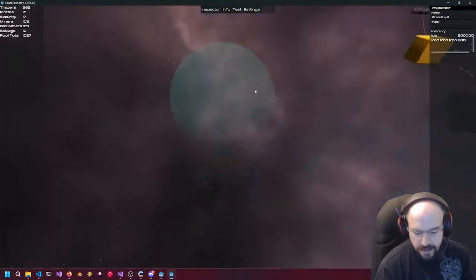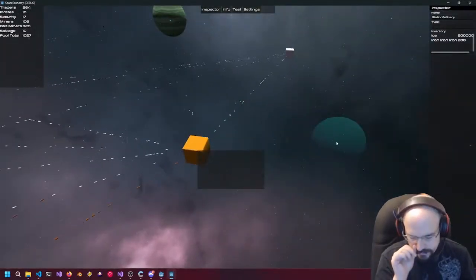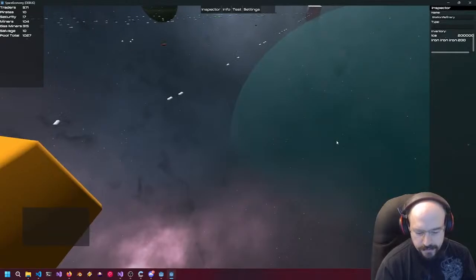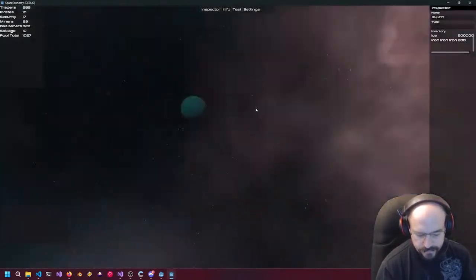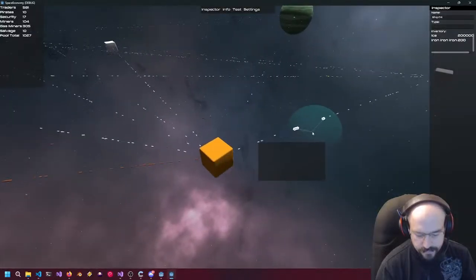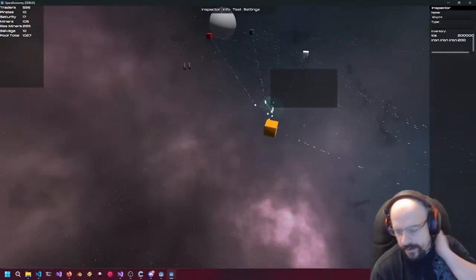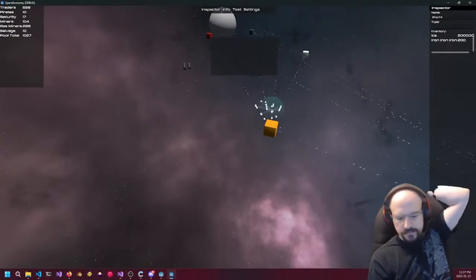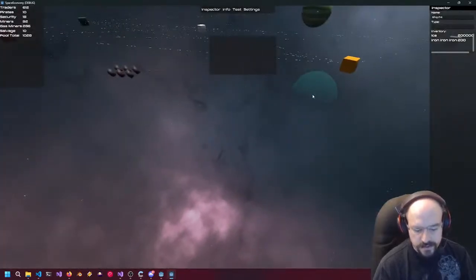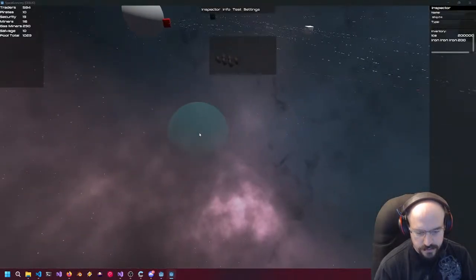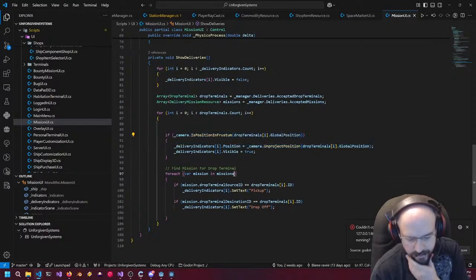You also need to be able to toggle the camera movement. But my thought process is, I can hook onto a ship and let the ship go do its thing, and we can watch and see what it's doing. Oh yeah, we should actually toggle, we should probably make it